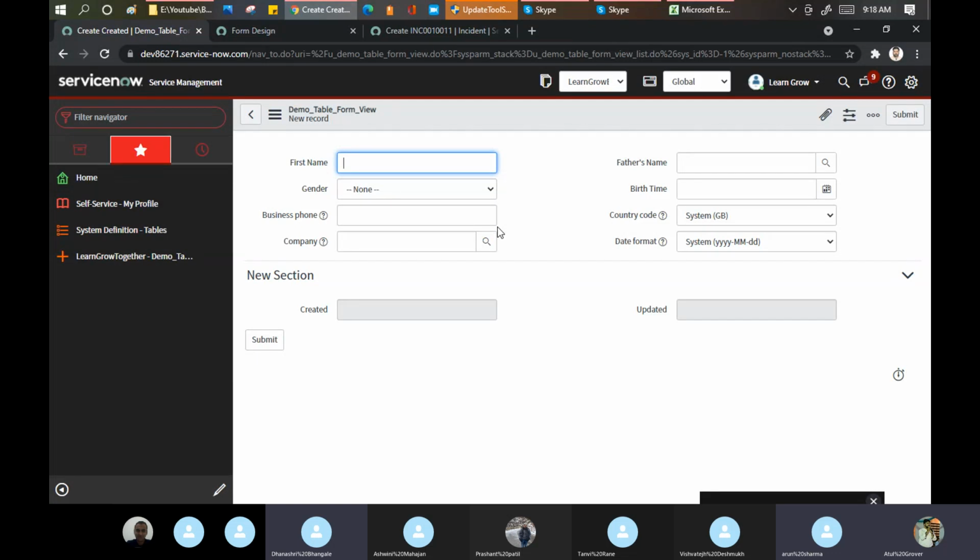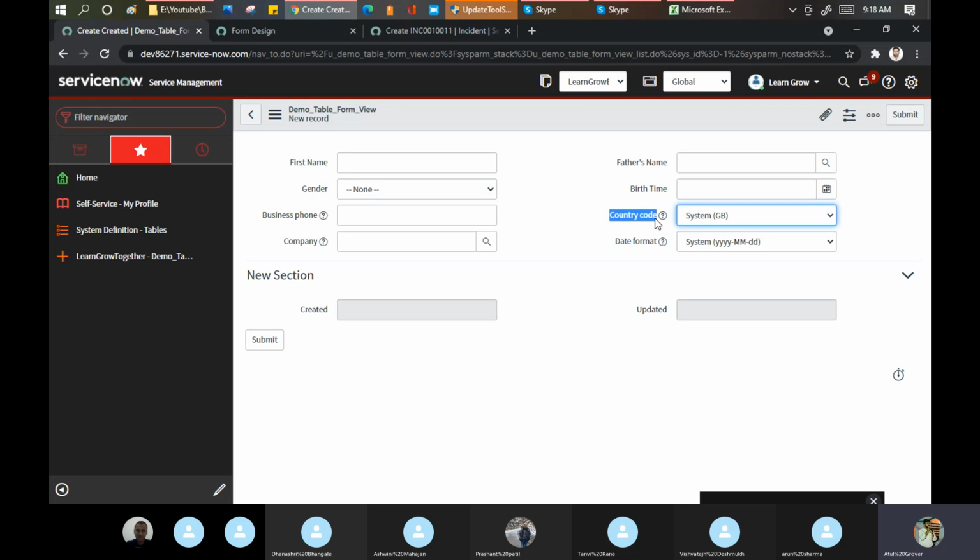Good. So if you see here, we have two words, right? Let's say business phone. Can we have only one name, like mobile number, or let's say instead of country code, can we have only country? No, because these are the things which are coming from the user table. These are the field labels.